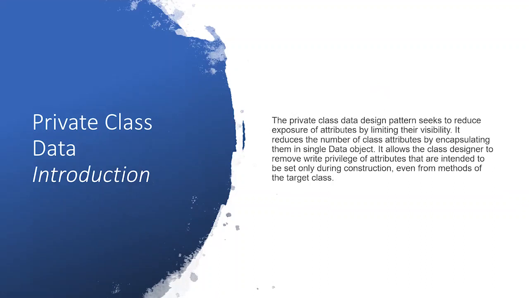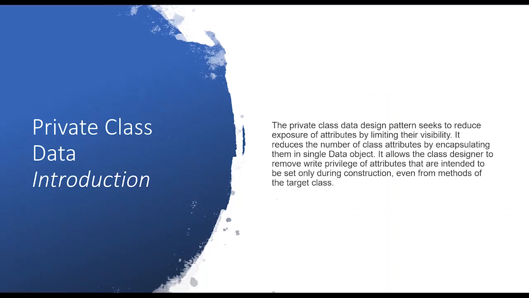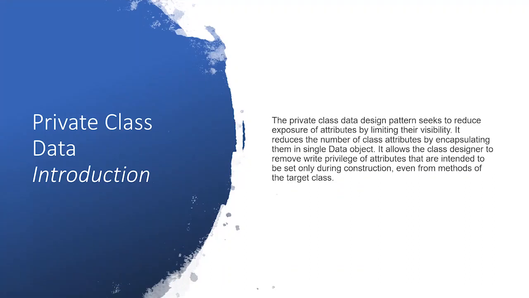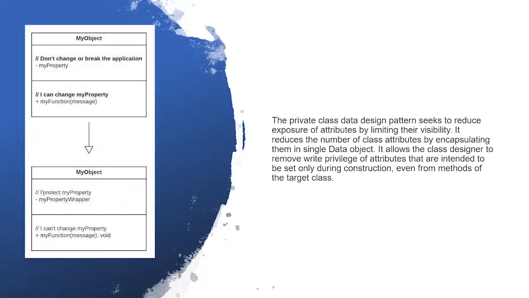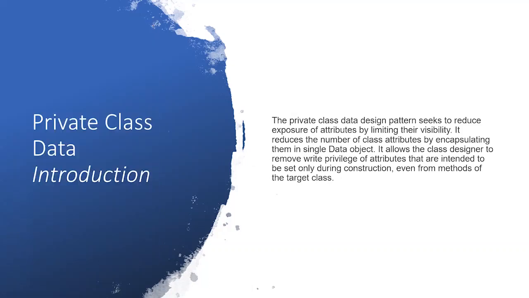The very simple solution for this is the private class data pattern. Here, our objective is to minimize the visibility of the attribute from the class itself. In simple terms, we remove the property from the class and move it to some other place, where that class will be responsible for handling the attributes, exposing them through getter and setter. That way, we ensure that our main class, in which we are writing the business logic, will not be able to change the data attributes. So let's see what I'm trying to say in this session via its structure.